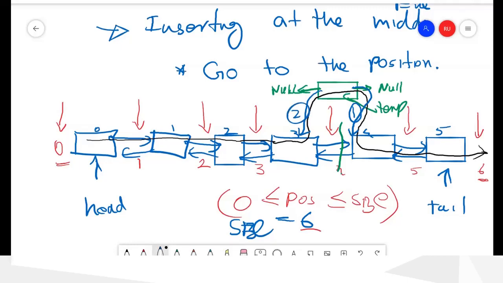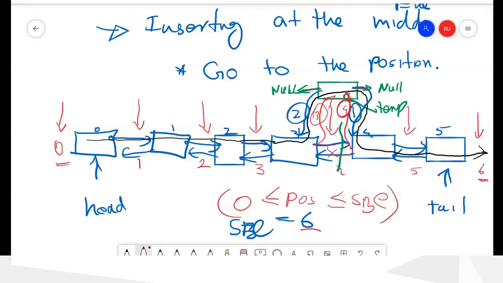After that we can change this one here and this one here. So we have 4 operations here, because we have 4 nodes, 4 links. So we have to change all these 4 links.